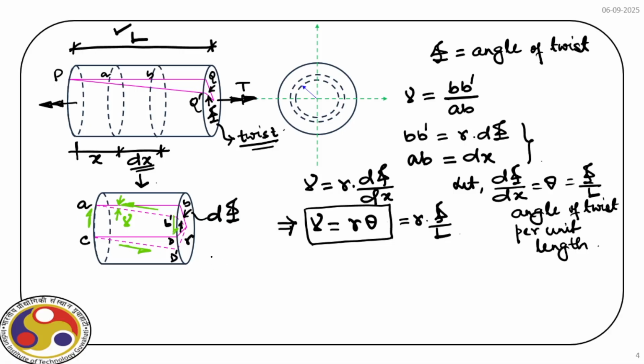Now from Hooke's law, we know shear stress is equal to G times gamma, right? G is the shear modulus. Now in place of gamma, we can write G times r theta. So effectively we get the shear stress distribution over a circular cross section, and you can see